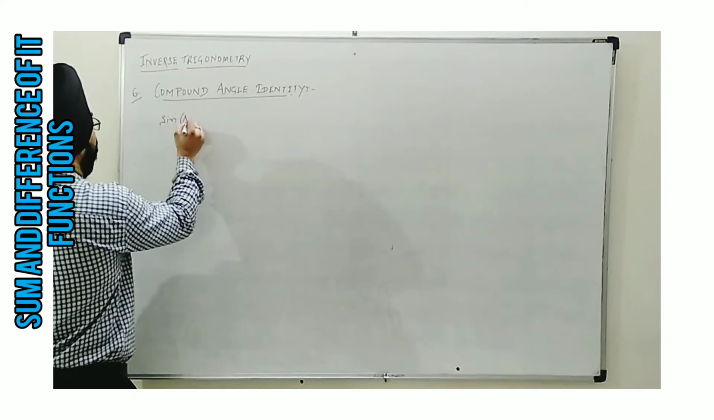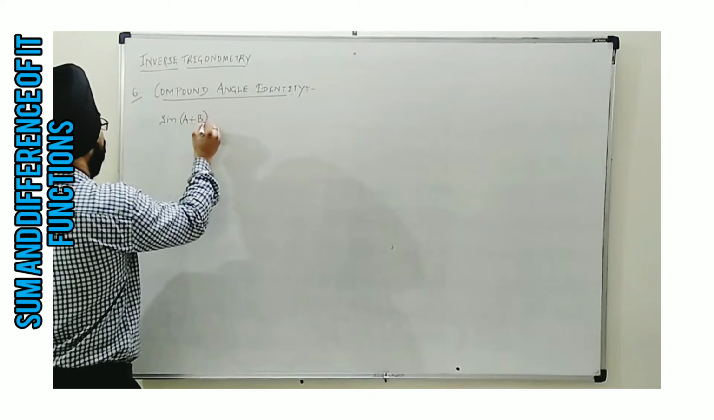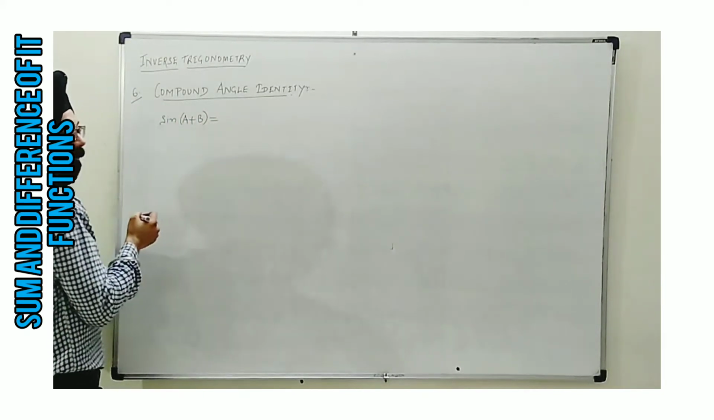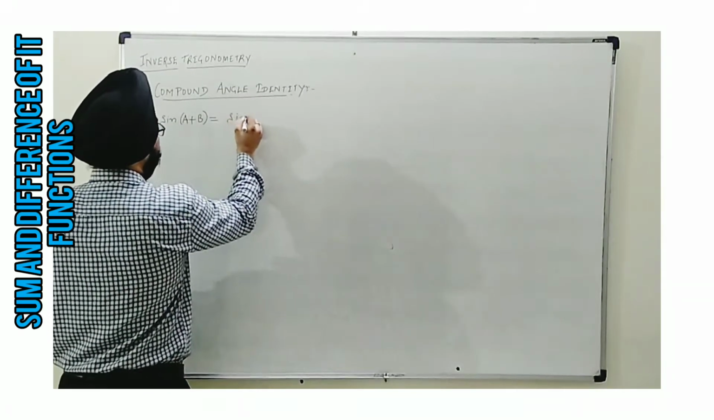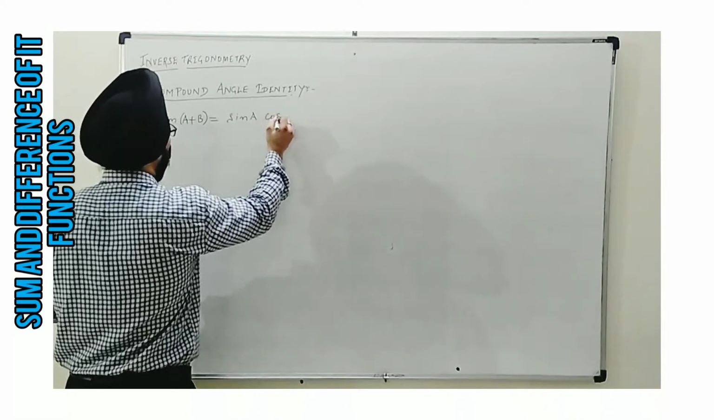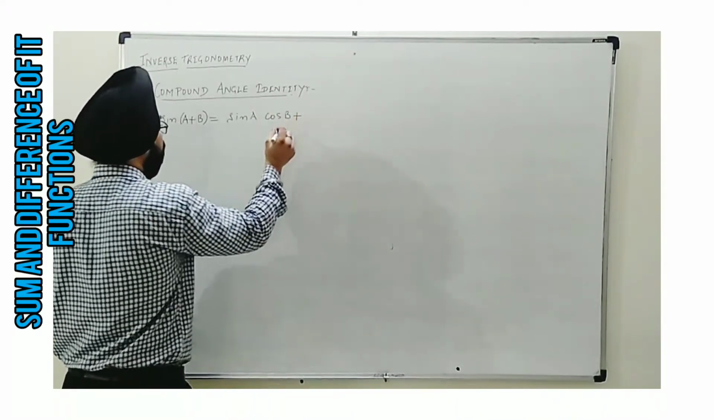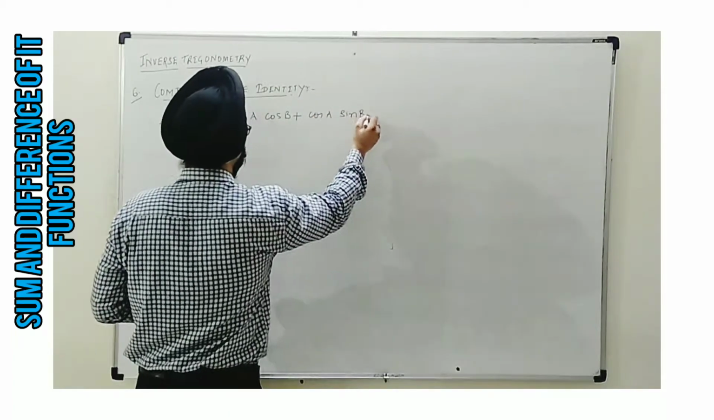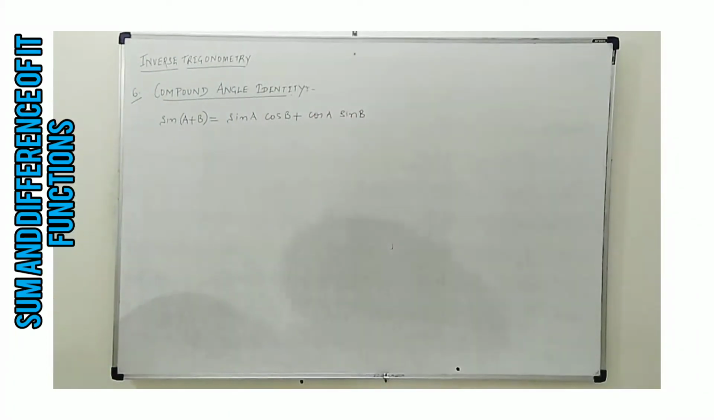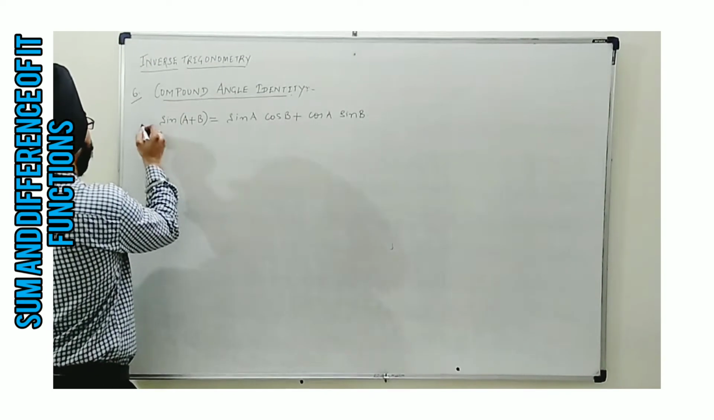Like sine of A plus B. Sine of A plus B is first in this category. This is expanded as sine A cos B plus cos A sine B. Now this identity we need to convert into inverse form. How to do it? We consider